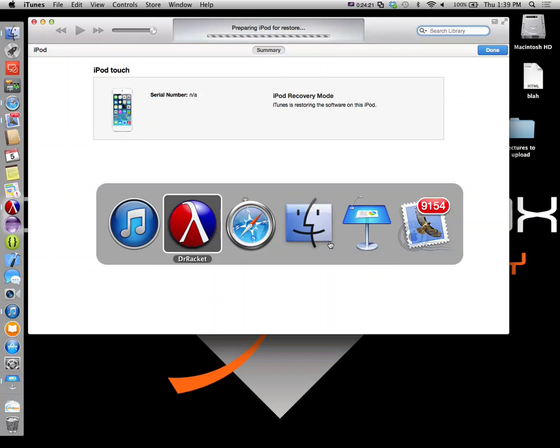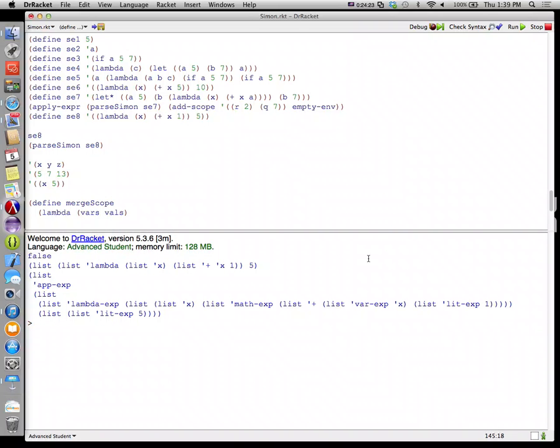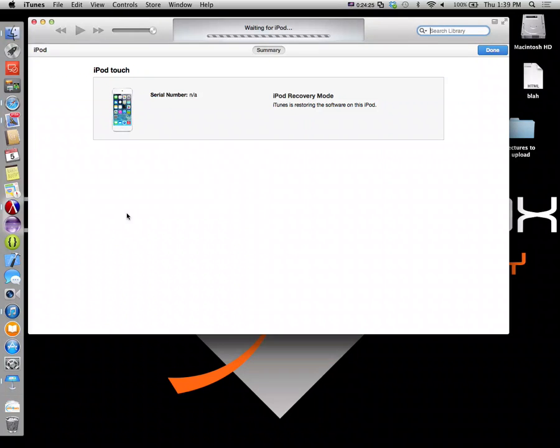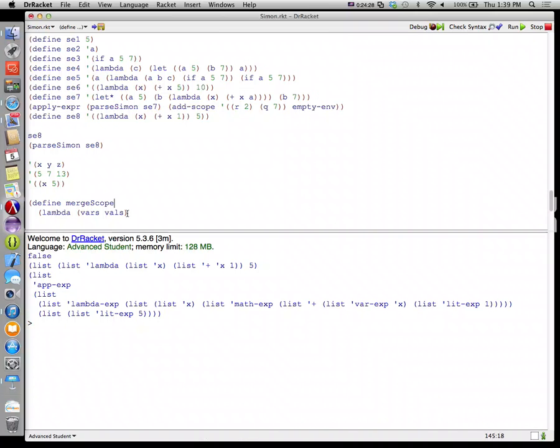Okay. I think we should be pretty legit here. Okay, so we want to write a function called merge scope that takes two inputs, one that looks like this and one that looks like this, and turns it into